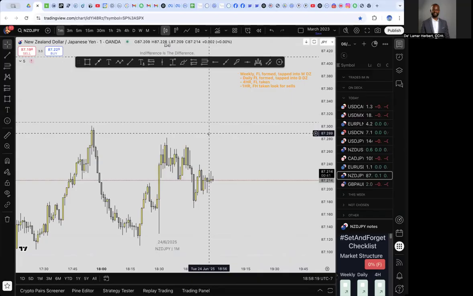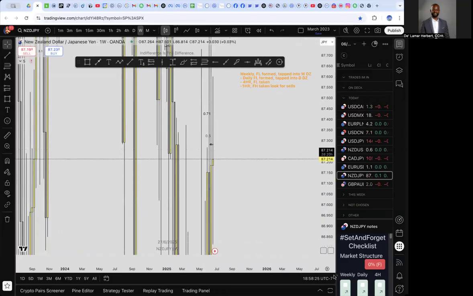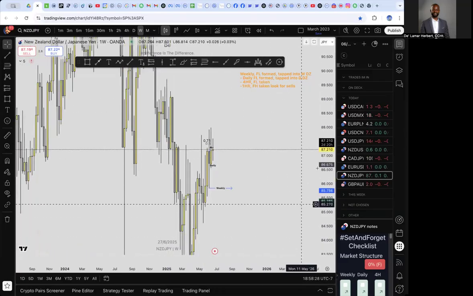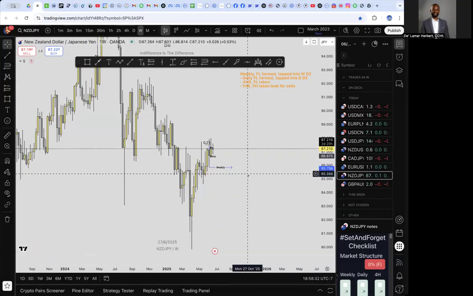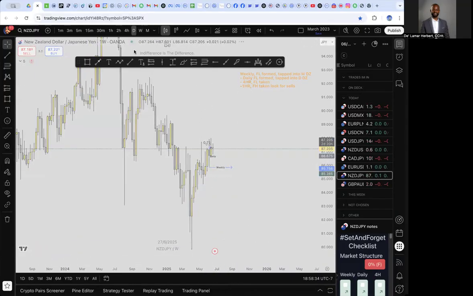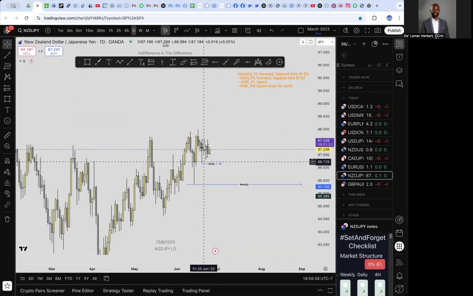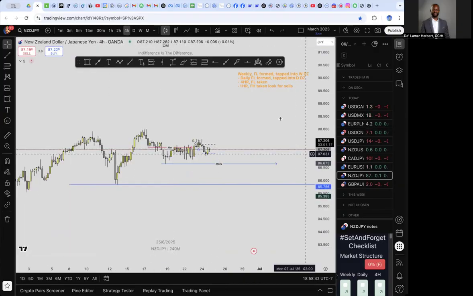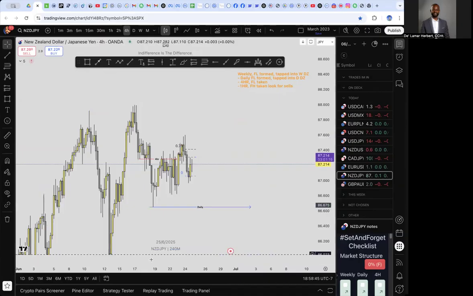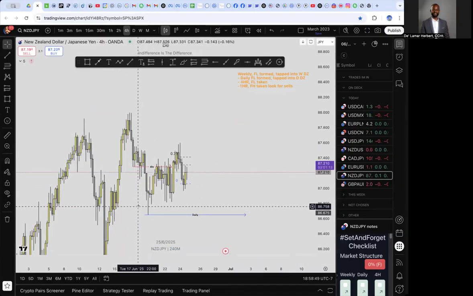Next, we got NZD-JPY. NZD-JPY weekly had already formed first low and tapped into our weekly demand zone already, which is here, as you can see with that wick. Daily has tapped into a daily demand zone, as you can see here. 4 hour first low was taken already, as you can see there. Going down here,